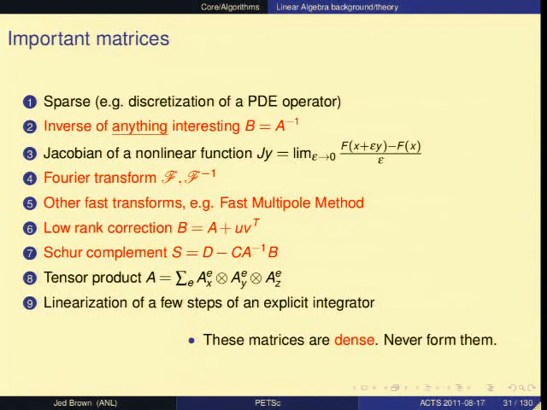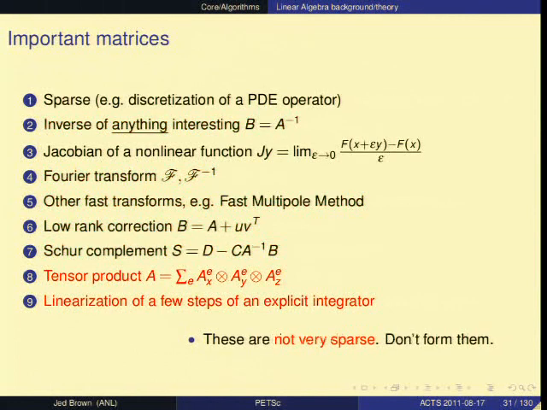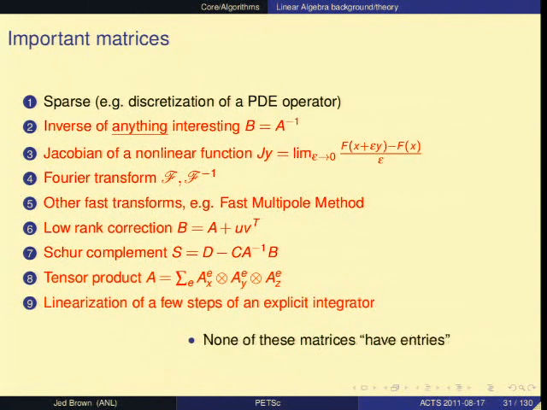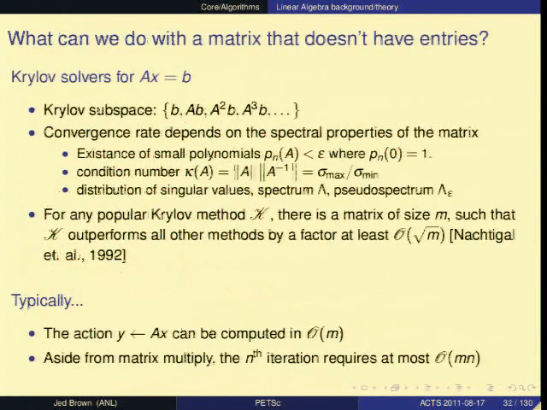We don't want to store those in a sparse matrix or even a dense matrix data structure, because as soon as you store them, you've lost the scalability war. You'll never have a scalable algorithm if you assemble these things. But there's lots of algorithms we can do that don't involve forming these things. They may be sparse, but not sparse enough to be all that usable. So as far as computation is concerned, none of these have entries. We can still do lots of things.